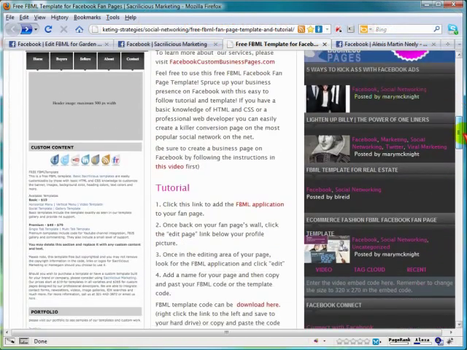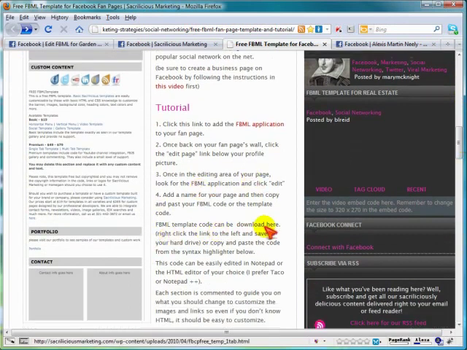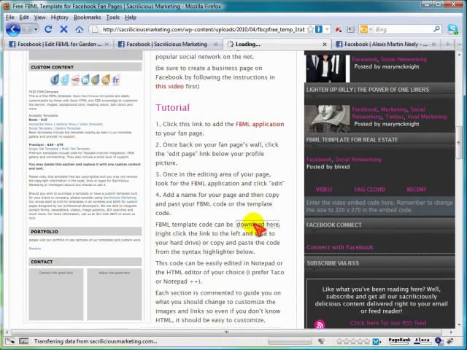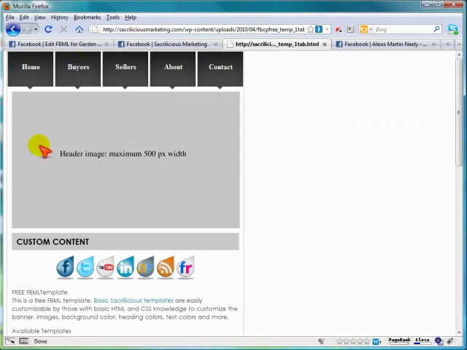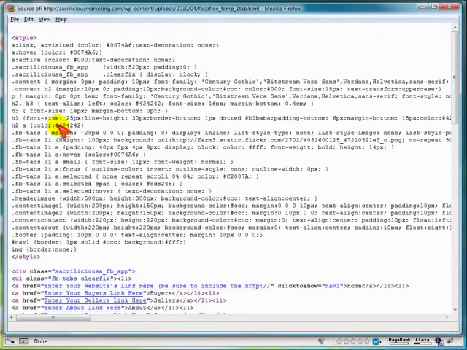But just going through this real quick, what we'll do is come over here and you go to the download link and open up this, and then you just want to get the source code to this. And using Firefox, come on up here to View and Page Source. It'll be slightly different if you're using Internet Explorer, Safari, Opera, and the like. But you just copy all of this source code